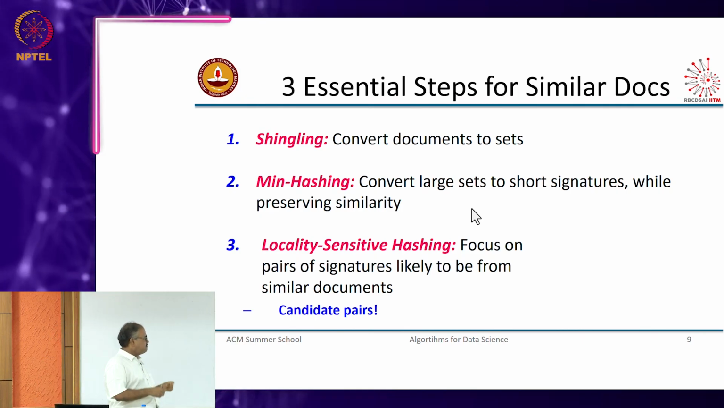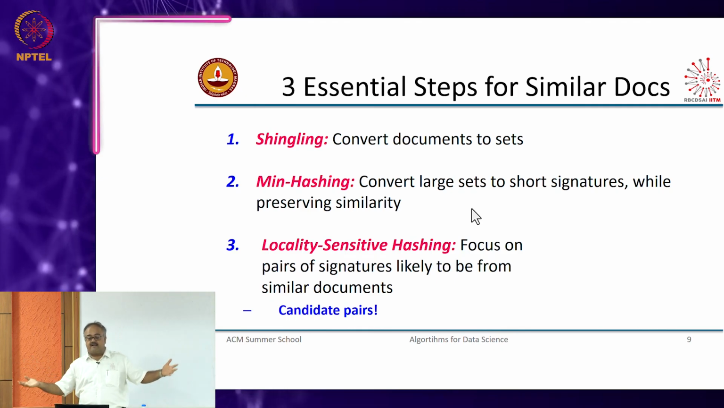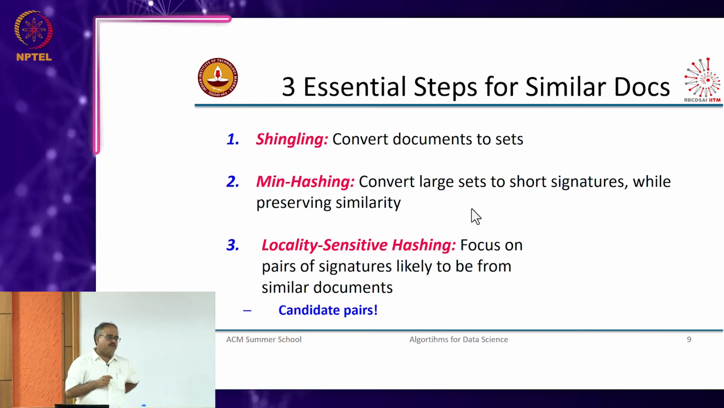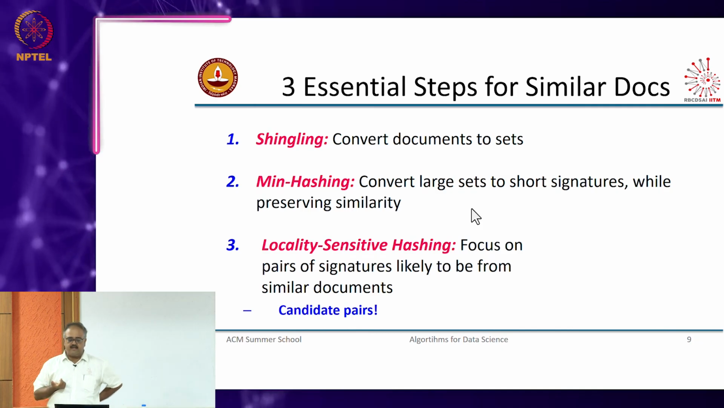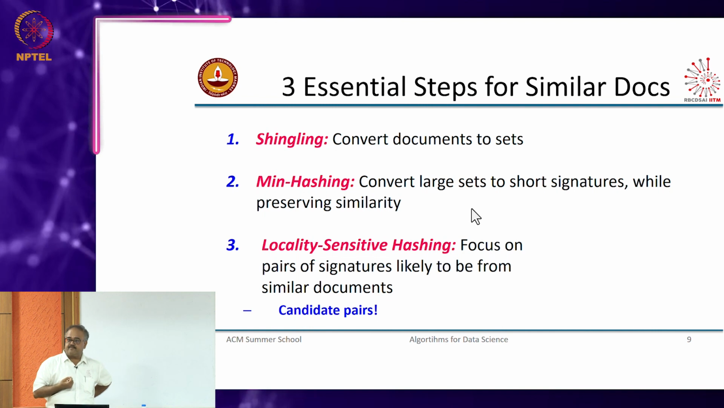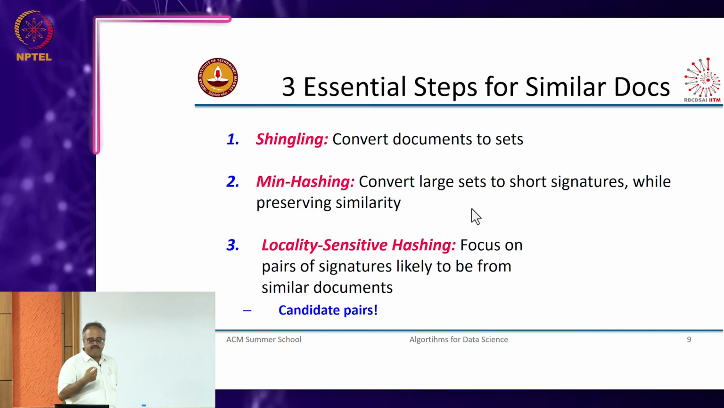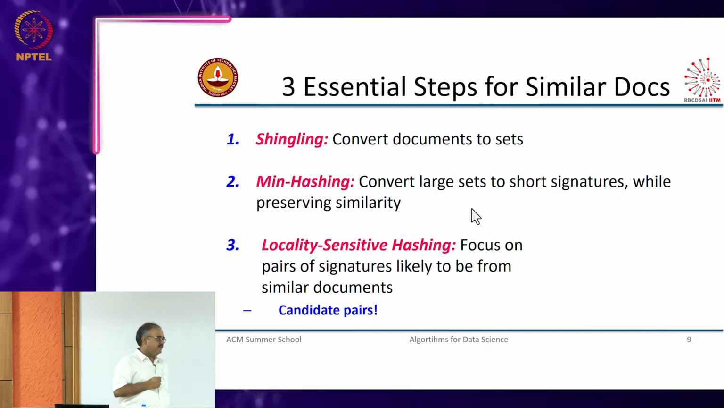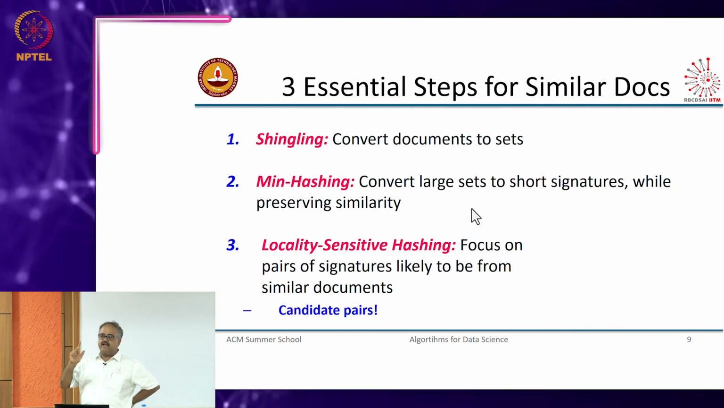So it's a mechanism for converting very large sets into short signatures, and we'll make formal what we mean by signature here. We'll convert a very large set to short signatures while we measure some notion of similarity. Basically the idea is that if 2 sets have the same hash value under min hashing, the probability that 2 sets will have the same hash value under min hashing is equal to